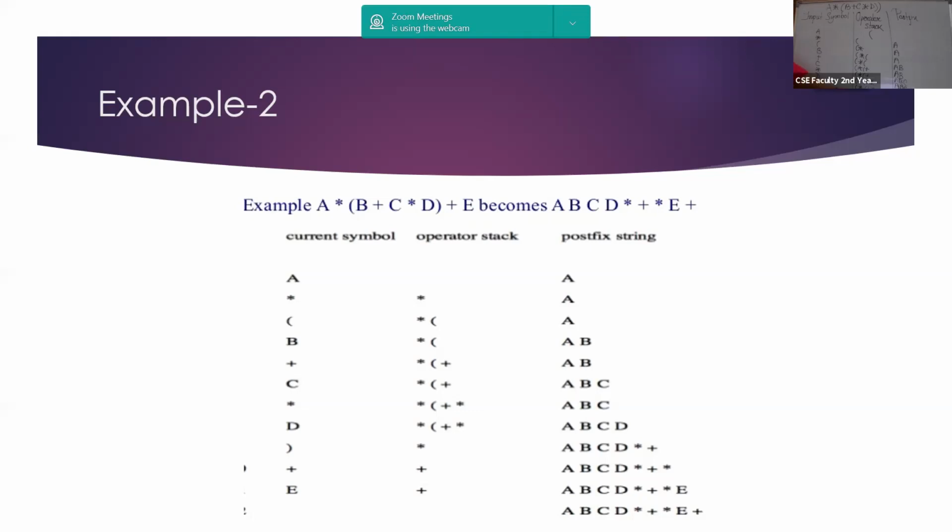So what happens is, when a closing bracket comes, whatever is present within the opening and closing bracket will be popped. And how will it be popped? According to LIFO, last in, first out. That means first this multiplication will be popped, then the plus will be popped. So it will become star, then plus. And this entire thing will go away.